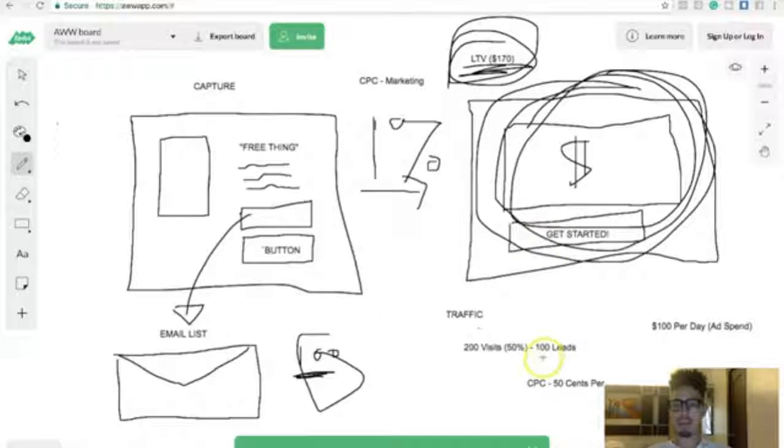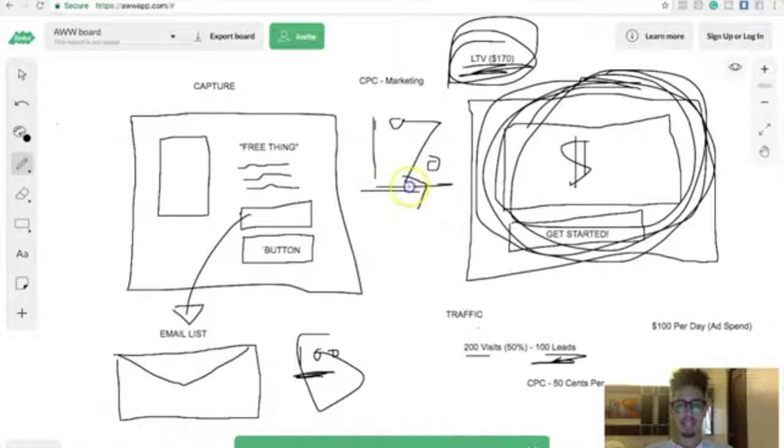All that means is with my 100 leads, I get 100 visits. What I mean by that, 200 visits to my sales funnel, because I'm getting a 50% opt-in rate, that means I'm going to get 100 leads, which means 100 visits to my sales page. At a 1% conversion rate, and this is where finding a good offer matters, if you look at any affiliate networks, you can see if it has a high gravity, that means a lot of people are selling it. That means it's usually a converting offer.